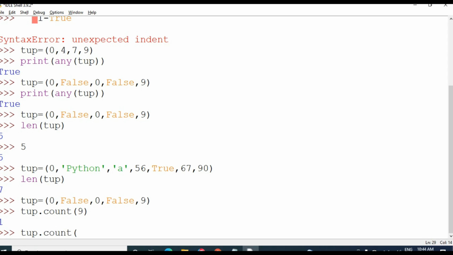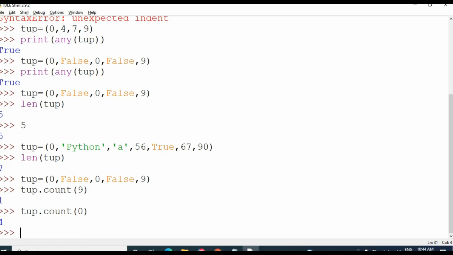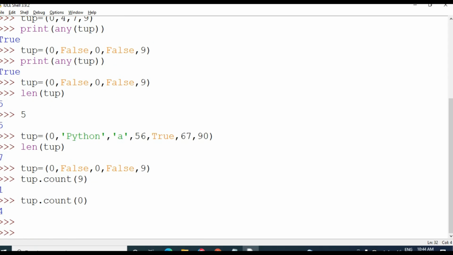Then tuple dot count of 0. It displays the result as 4. That means here the False is also considered as 0, so 4 times the 0 has repeated.